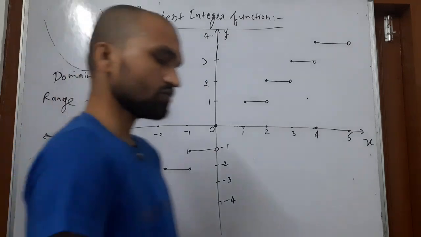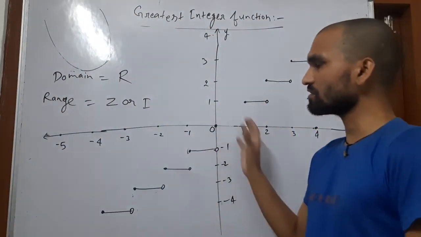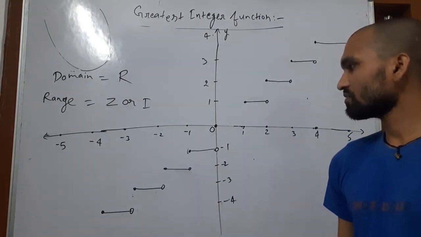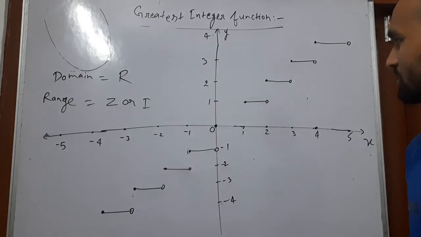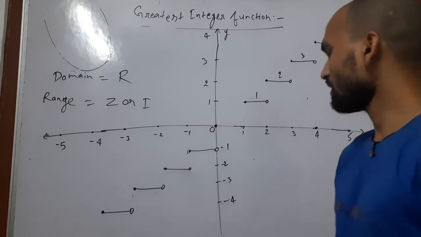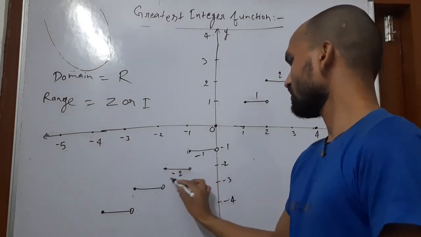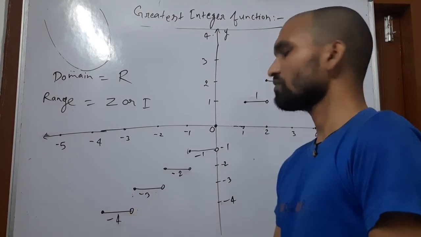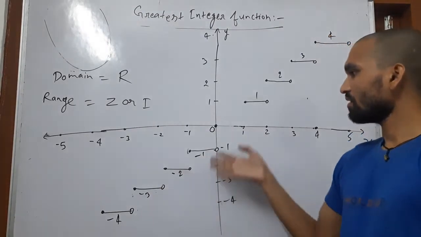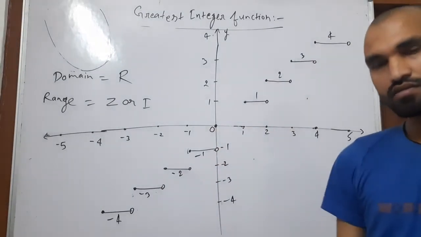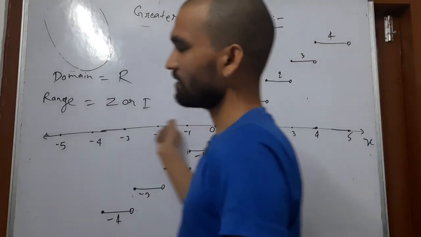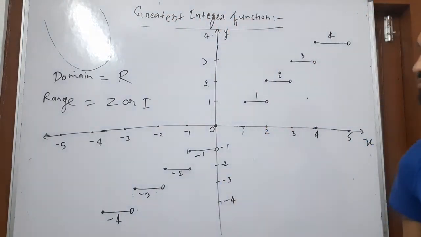Okay, so we have discussed the domain and range also on the basis of graph, because output is only integer values. You can see here that it is 0, it is 1, it is 2, it is 3, it is 4. Okay, and now here -1, -2, -3, -4. So output is always integer values. They can be negative or 0 or positive integers, but value of x is real values, as we have covered entire x axis. Okay, students.